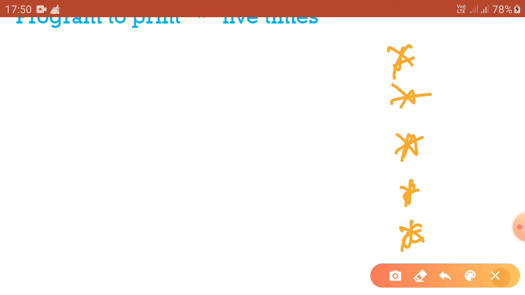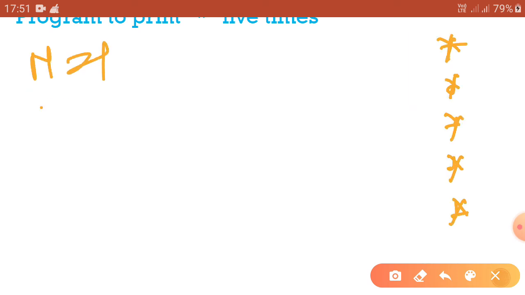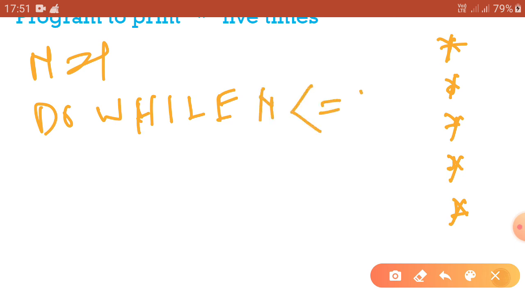So for the do while loop, at first we have to write the start value of the variable. So at first we write n equal to 1, because it starts from 1. Then we write do while n less than equal to 5.